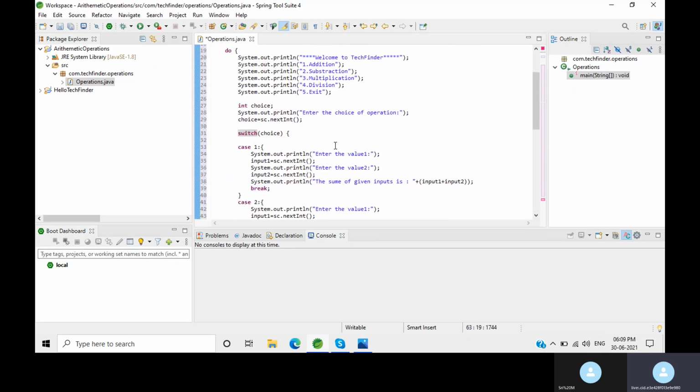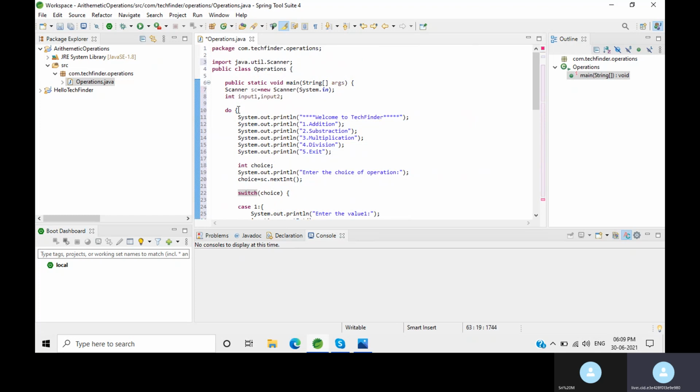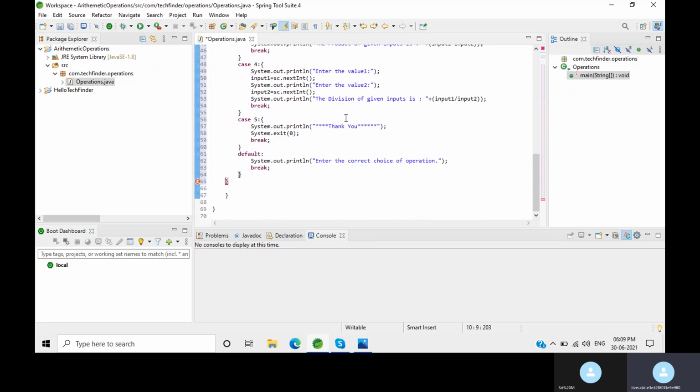Now we need to write the while condition as well. Here we have written do, right, then the while condition we have to write. Here in the while we need to check what the user has entered in the choice.